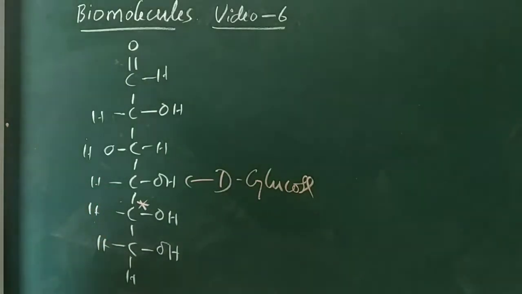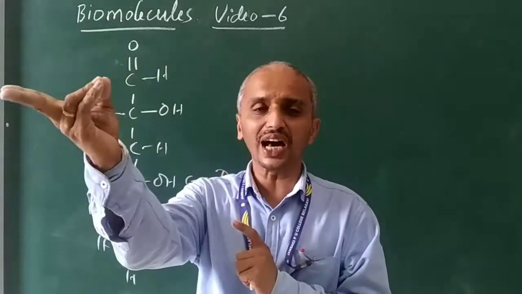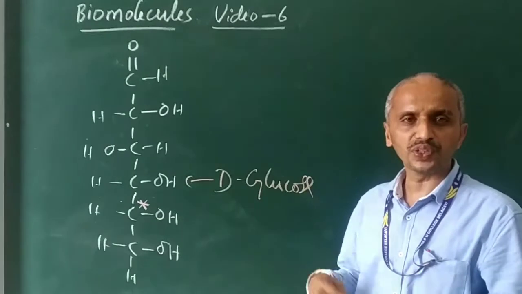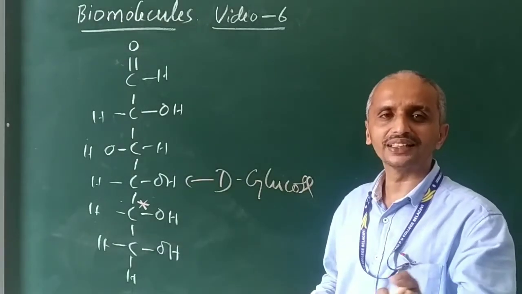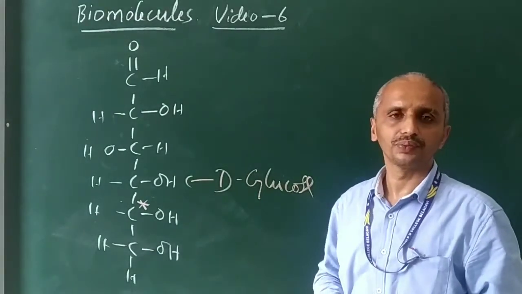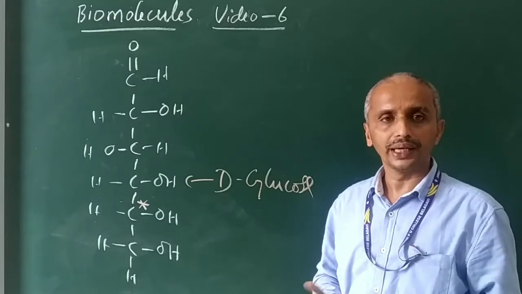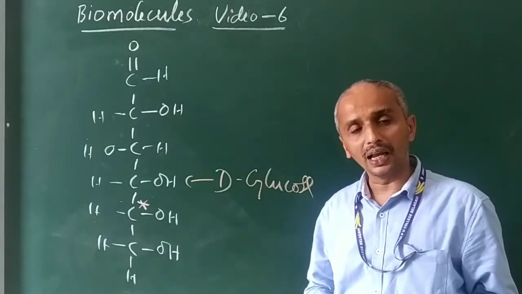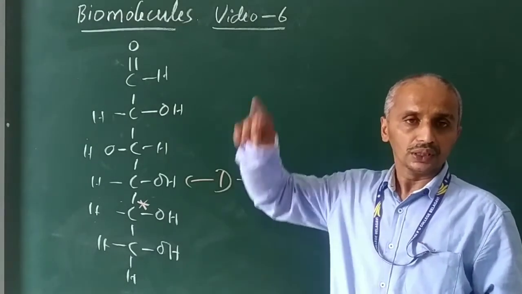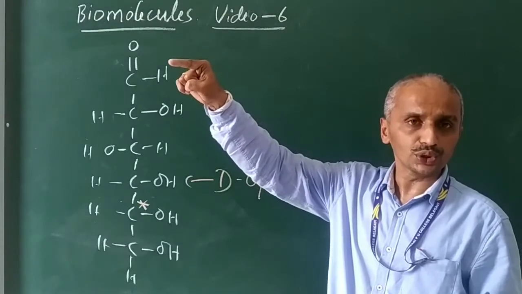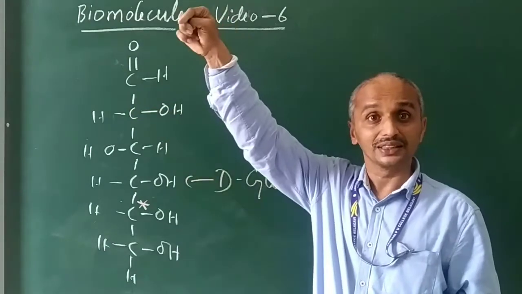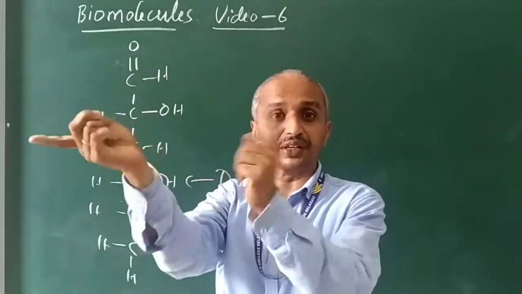Remember this. D-glucose means in the glucose, the fifth carbon OH should be on the right side, then D-glucose. If the fifth carbon OH is on the left side, it is L-glucose. Write down the formula of L-glucose yourself. Again, it may be alpha-D-glucose, alpha-L-glucose. Then, in alpha-L-glucose, the fifth carbon changes, and for the beta, the first carbon also, the OH will be shifting.